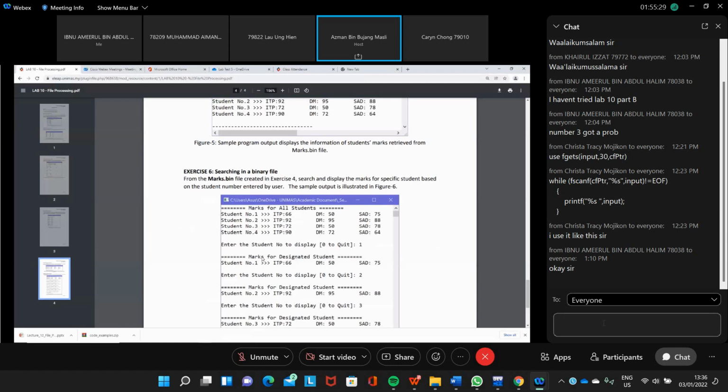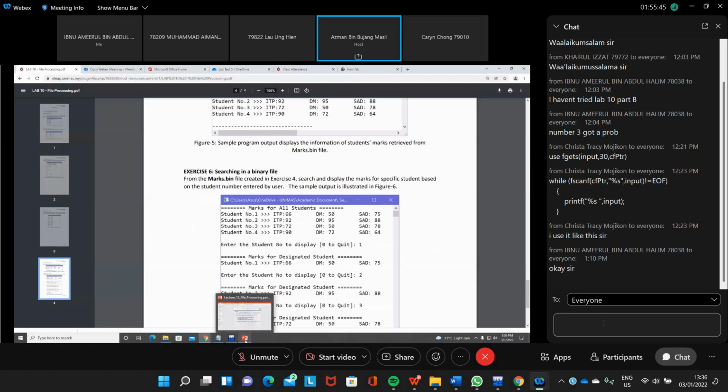But then we can actually search for a particular student, to find the specific student number 1 or number 2 or number 3.